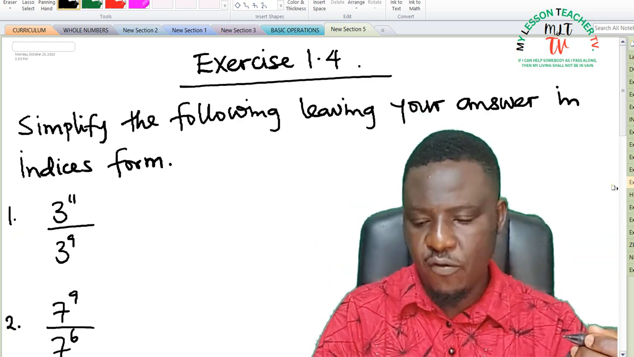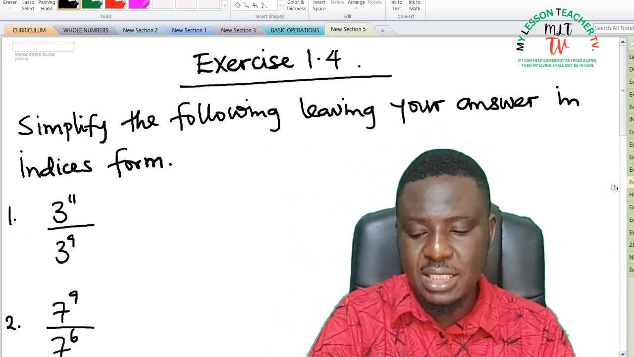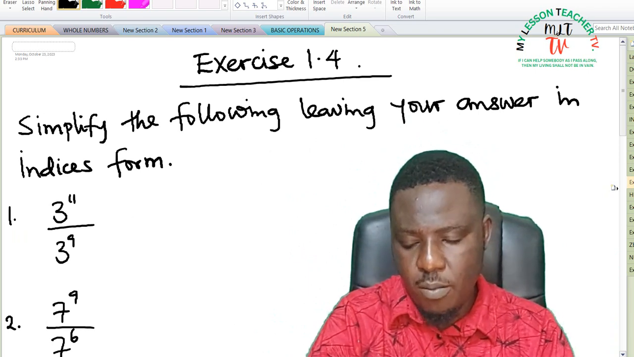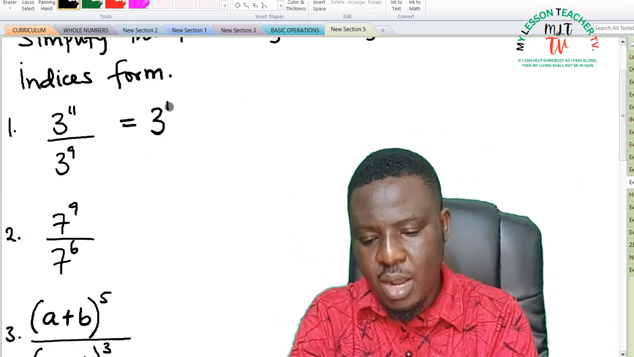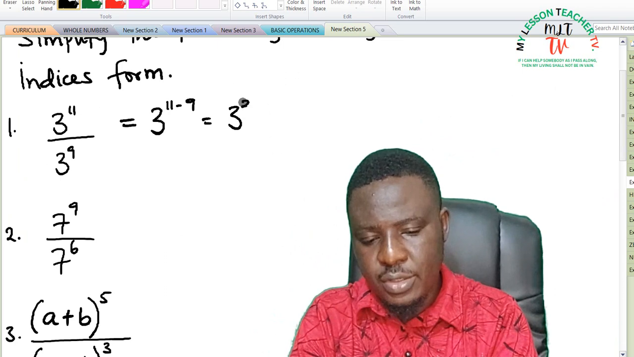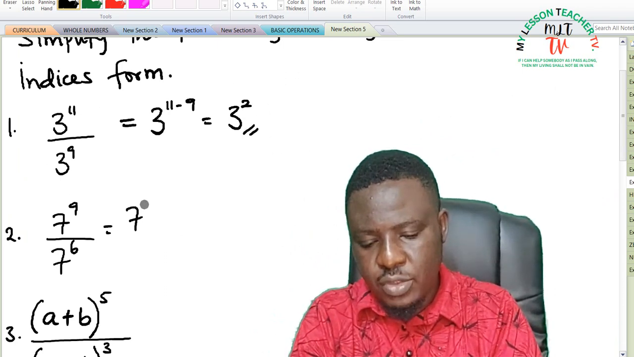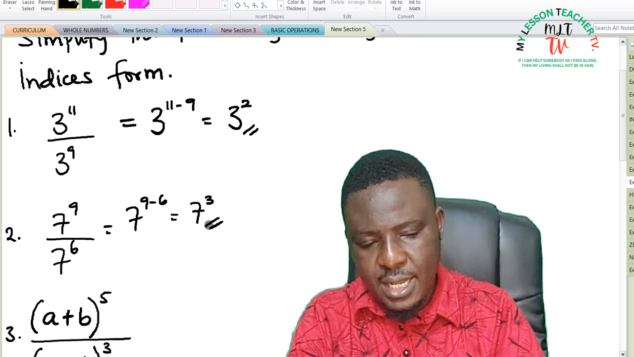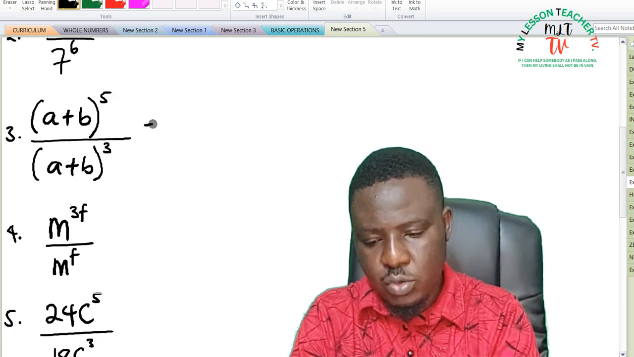In exercise 1.4, we are asked to simplify the following, leaving your answers in indices form. So this is equal to 3 raised to the power of 11 minus 9, which is equal to 3 raised to the power of 2. This is equal to 7 raised to the power of 9 minus 6, which is equal to 7 raised to the power of 3. And for number 3, this is equal to